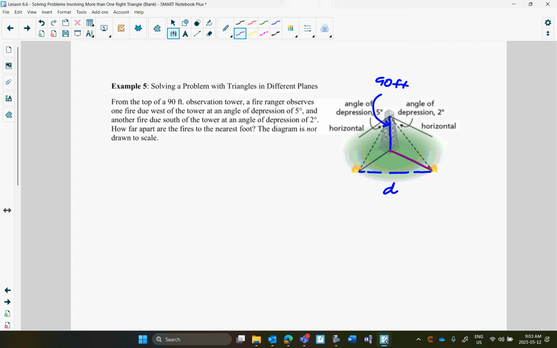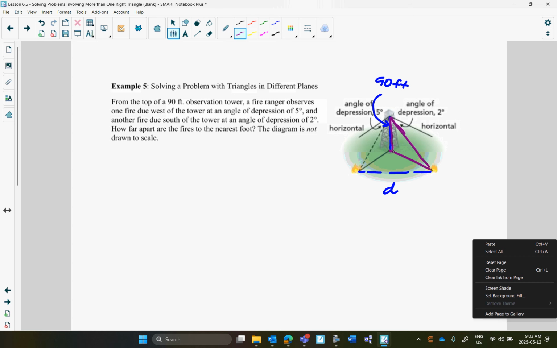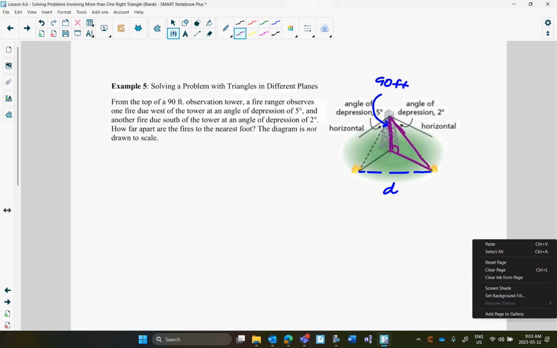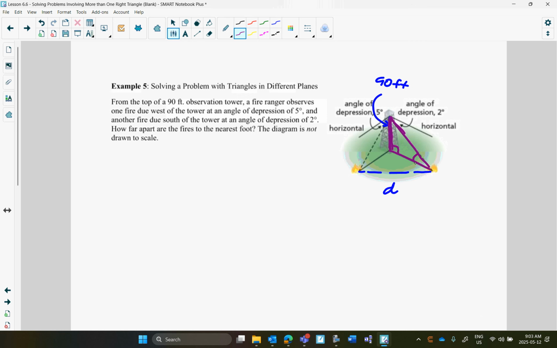Well, here's a right triangle. I know it looks slanted, but it is a right triangle because the ground is perpendicular to the tower. I know that this is 90. What do you think this is? 2. Because if you think about it,